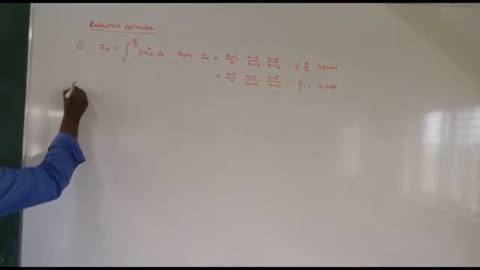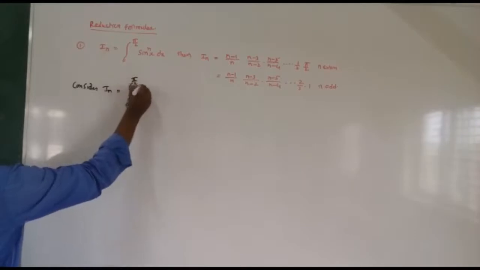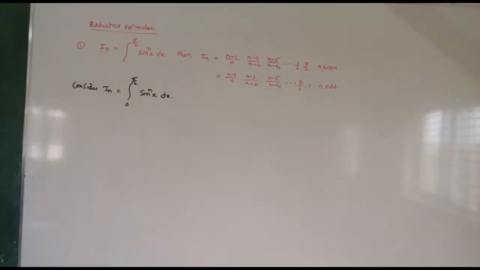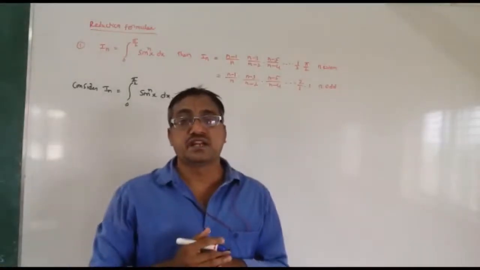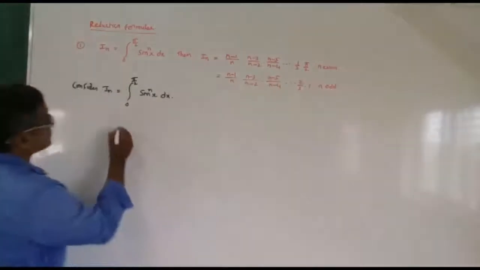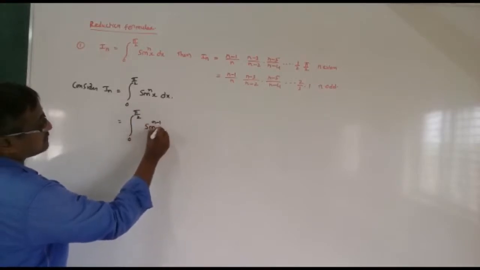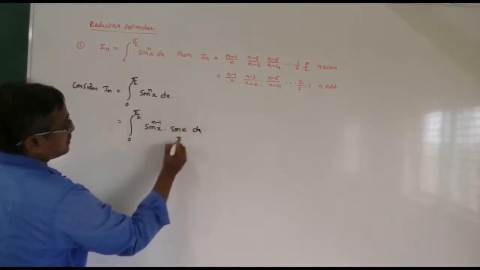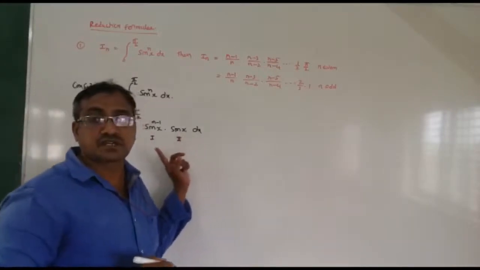Now, let us consider In is equal to integral 0 to pi by 2 sin power nx dx. We have reduction formula in indefinite integration also. Now we are going to prove this for definite integrals. So this can be written as integral 0 to pi by 2 sin power n minus 1 x into sin x dx. Now let us apply integration by parts by taking sin x as second function and sin power n minus